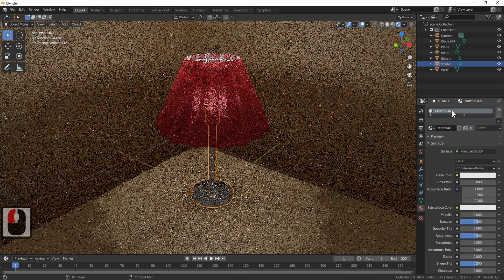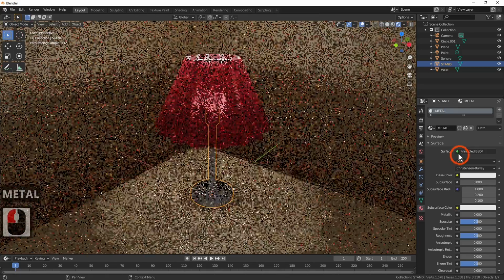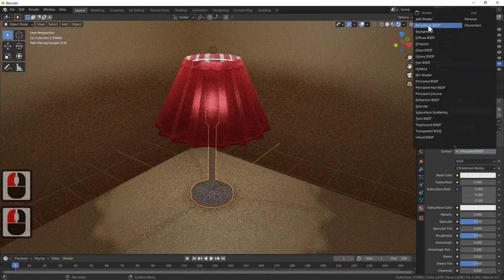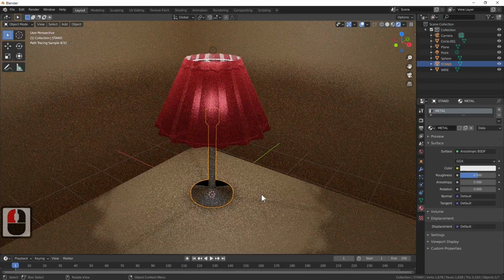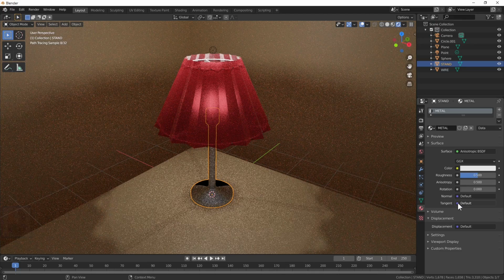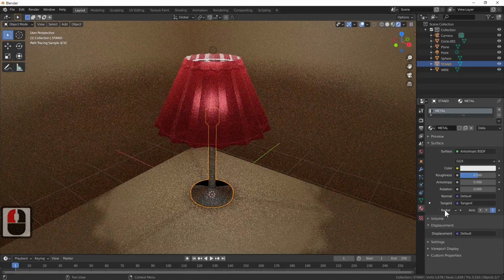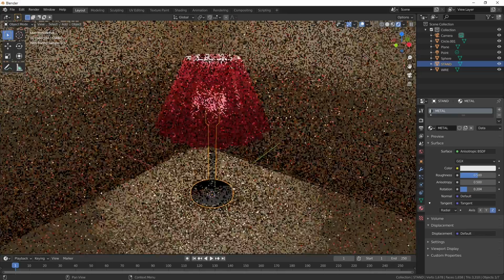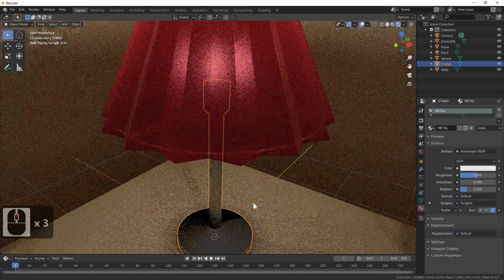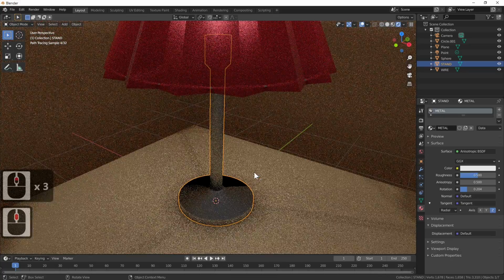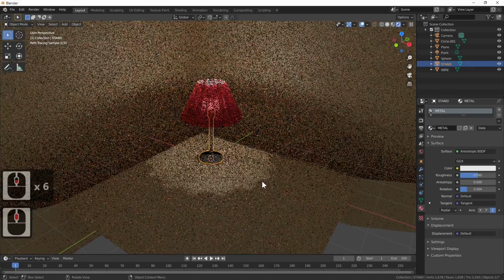go new, I'm just going to call this metal, and what I'm going to do is select the green dot here, and I'm going to put anisotropic BSDF. It just makes quite a good metal. And if you actually select the tangent here and we add in a tangent again, we can select radial, we change these up and down. What we get is a metal type material, but you can't really see it yet because we haven't added an HDRI to give us a better accurate